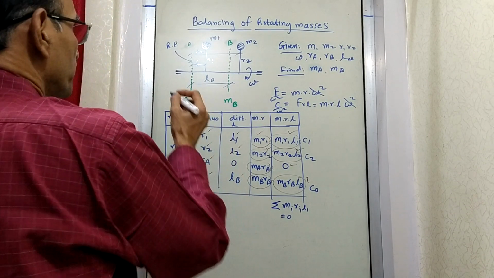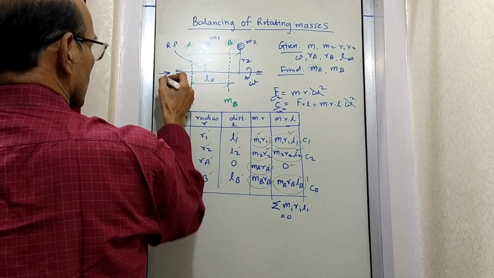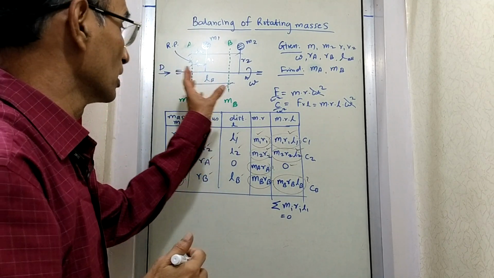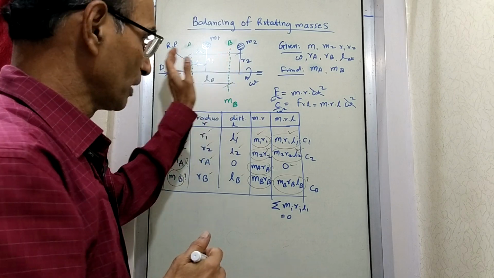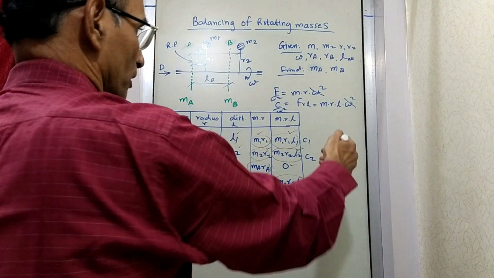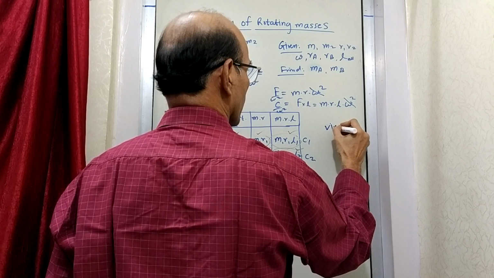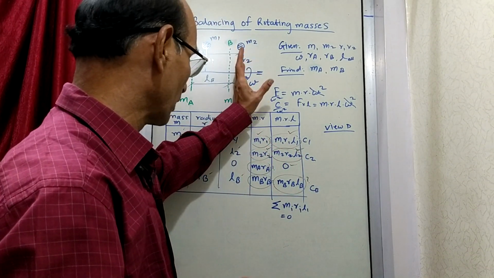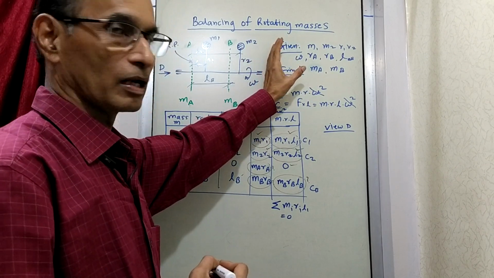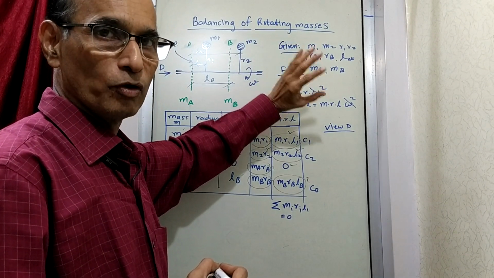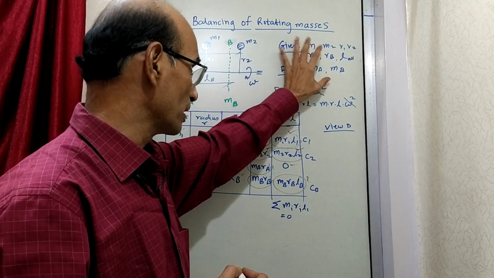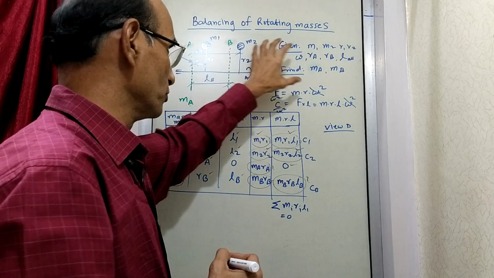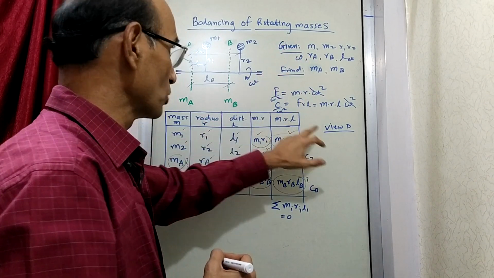Now, if you look in direction D, that means if you try to draw the side view of this figure, let me draw the side view here. I'll write here view D. When you write, maybe you can keep some space so that you can draw this side view here itself, on the left hand side. But now there is no space, so I am drawing it here.